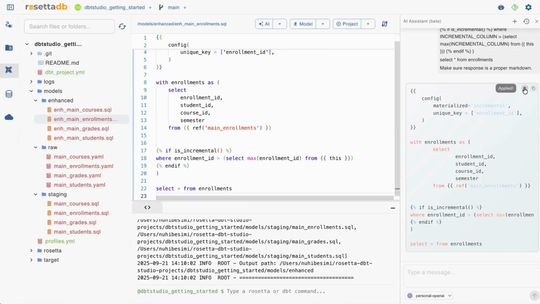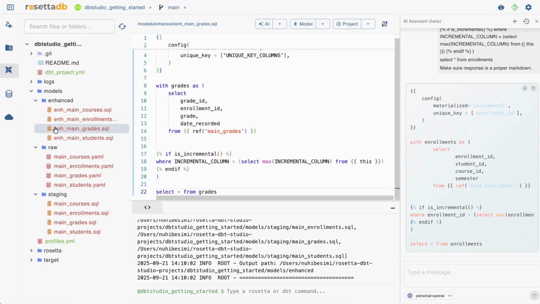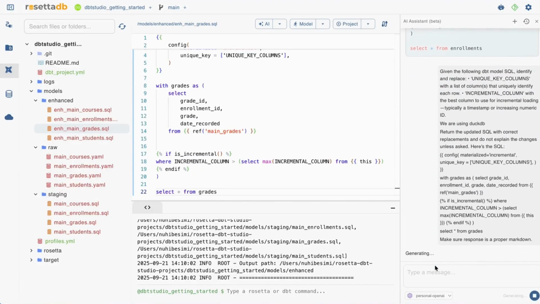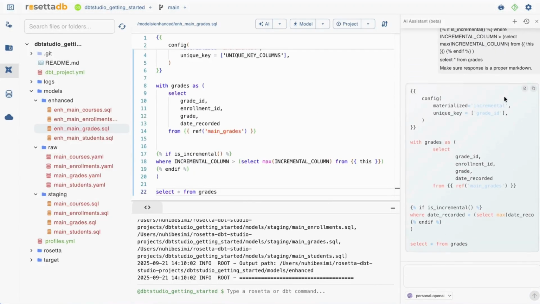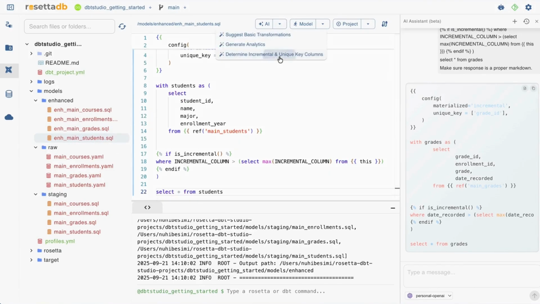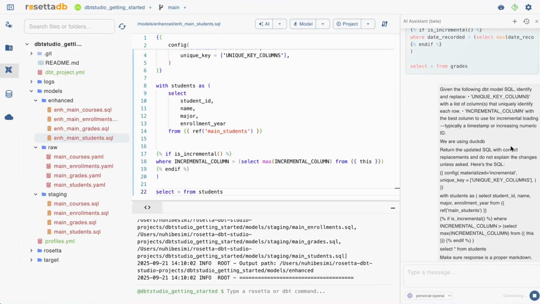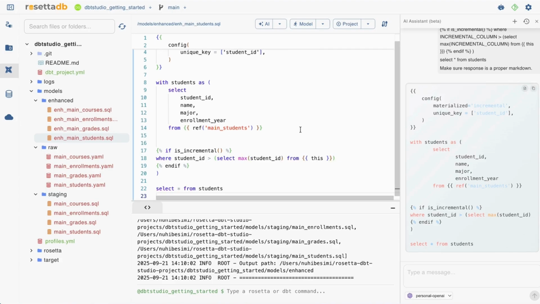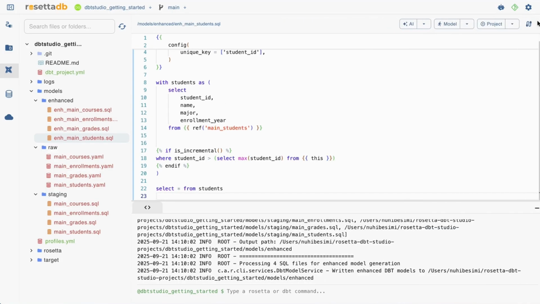This also makes sense. I'll apply it. Do the same for the grade DBT model. I'll apply the changes and the students. Now, if all my models are ready, I can go ahead and